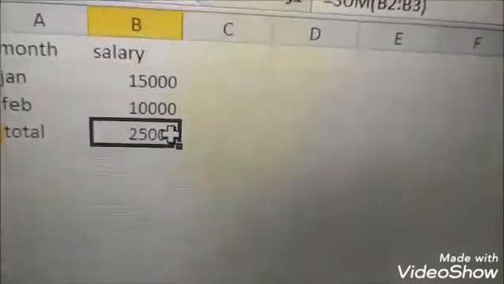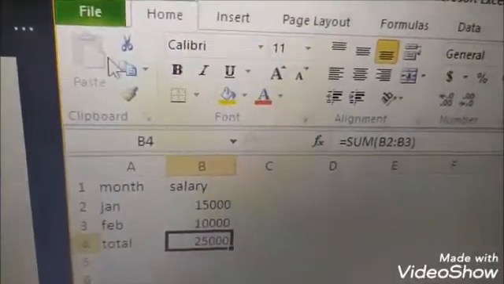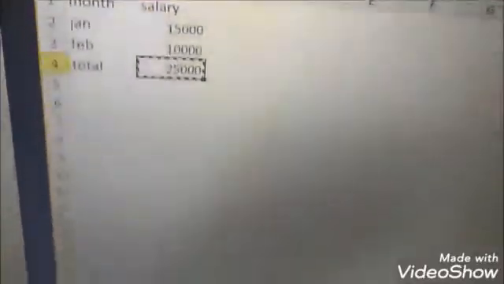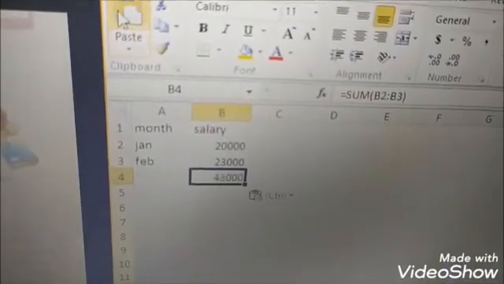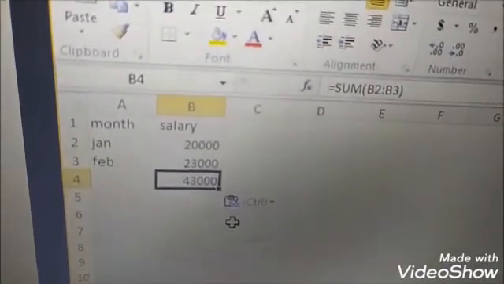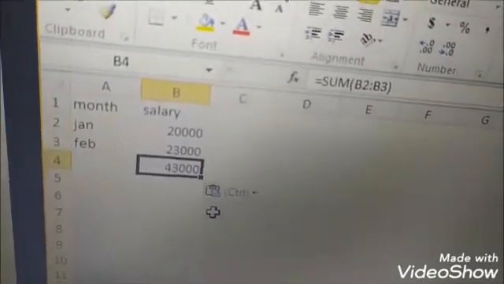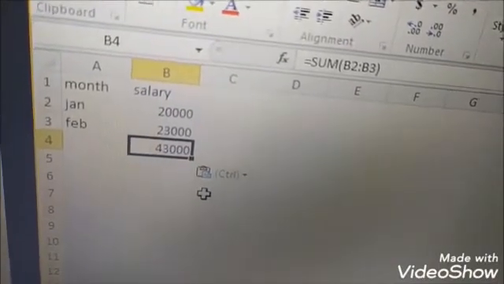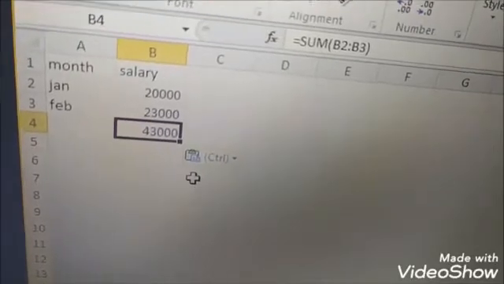This is the formula I already typed in sheet 1. I want to copy this formula to sheet 2. So what procedure do I have to follow? First I select it, then I go to the copy option. I have to choose the copy option. Then I go to sheet 2. Then I choose the destination. Then I have to choose paste. So you see that it is calculated. Okay. So the sum formula is copied here. Just look at the formula bar, SUM B2 to B3. So the formula which is present in sheet 1 I copied to sheet 2. What is the procedure? Same copy paste procedure.